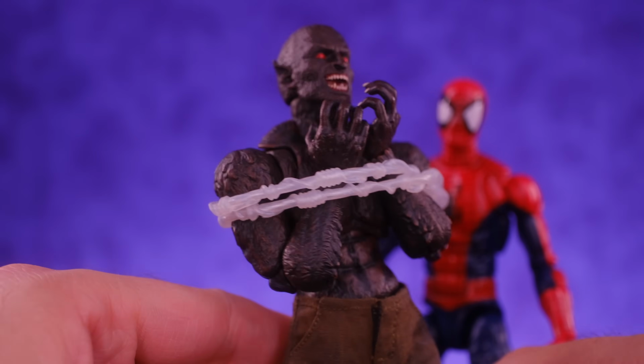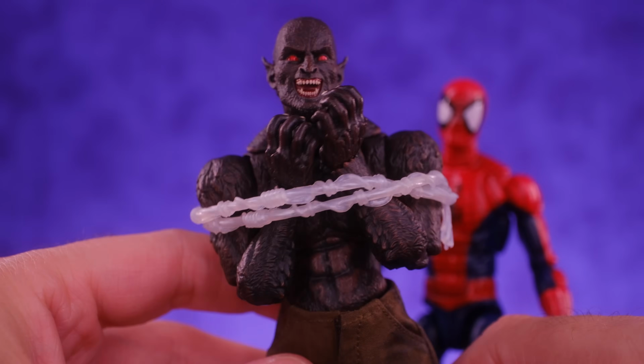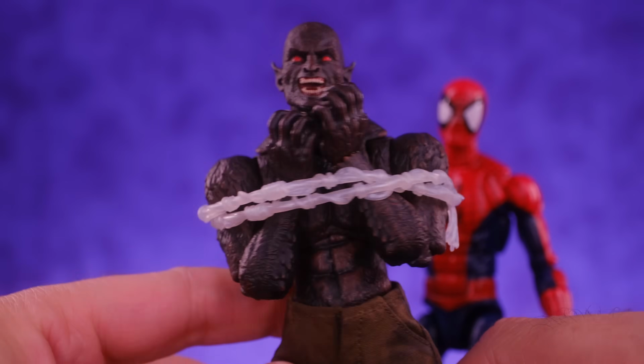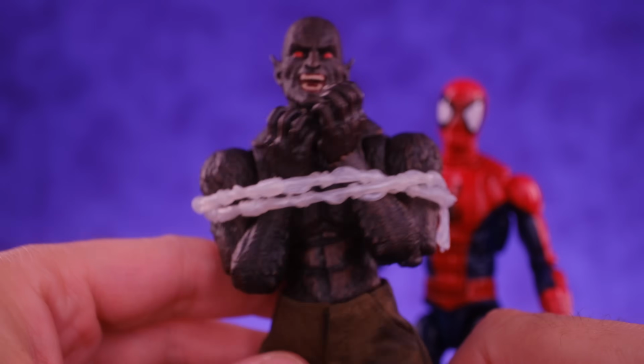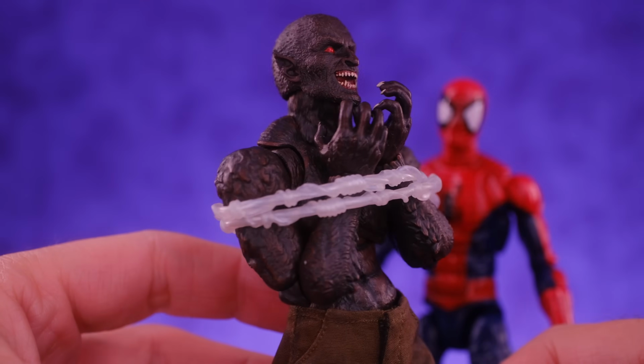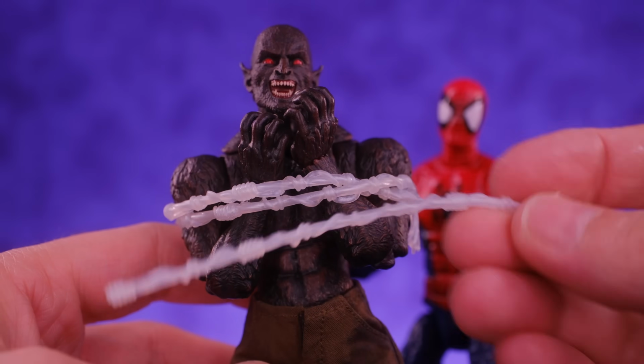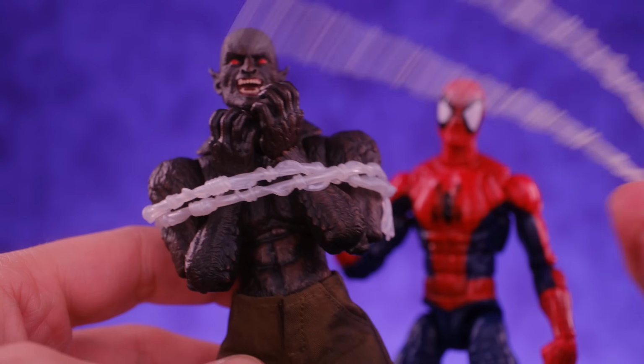Oh, this Vermin right here is by the homie Nico Hodge. It's a custom. He absolutely killed it. This is literally one of my most prized possessions. I freaking love it. But yeah, as you can see, the spider webs are able to hold down the villain. So awesome stuff. Again, nothing crazy special with these webs, but they're just cool and you could get some